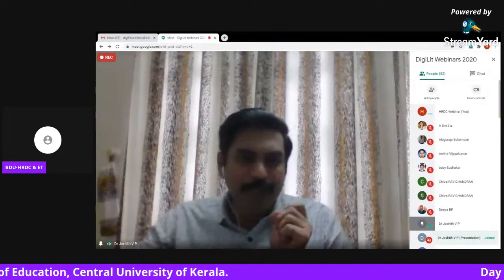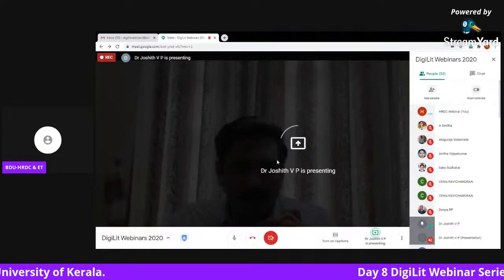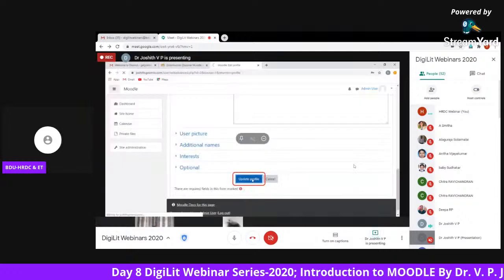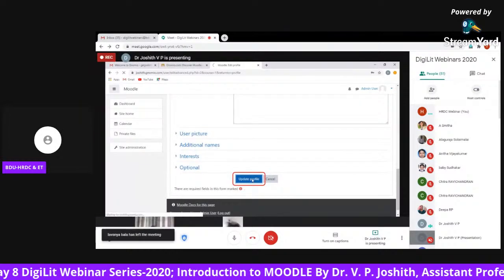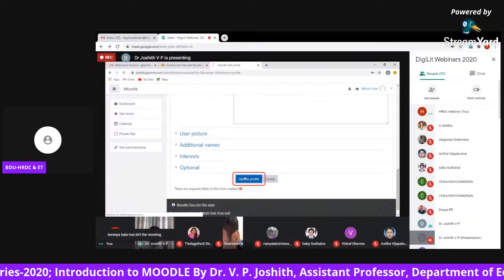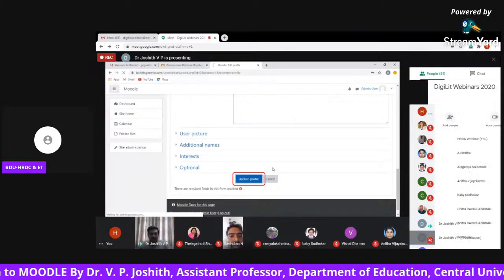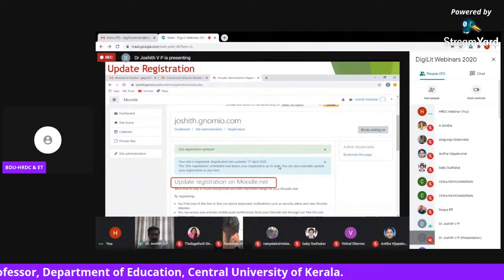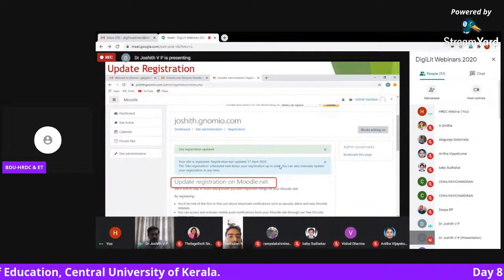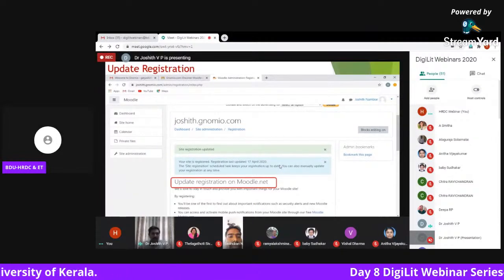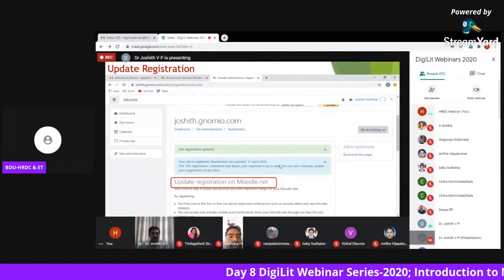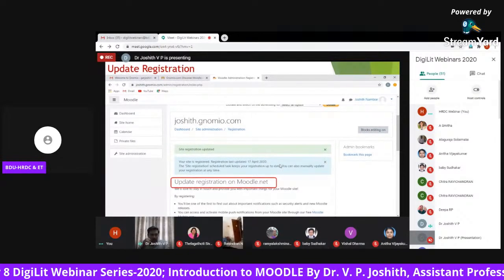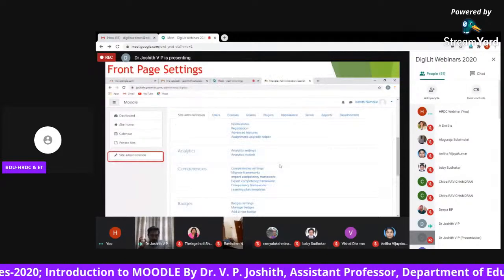Every time you do some work, you have to scroll down, and either update or save. Some button will be there, like update, or some button like save. Now, sometimes for some people, they will ask for site registration. You can click register and go next, okay. That is for very few people. Sometimes they will ask for site registration. For some, you can click register and okay.